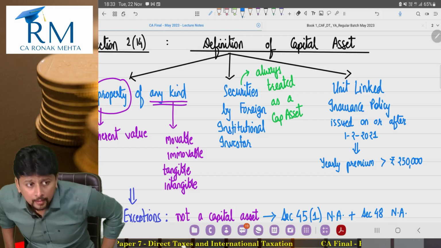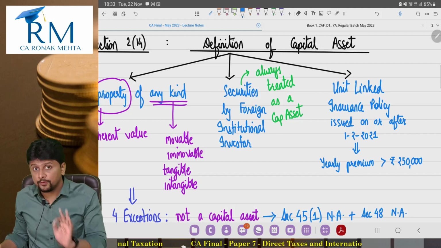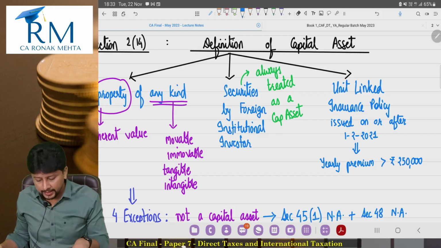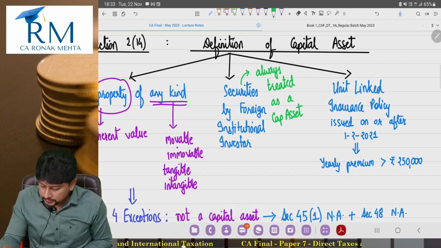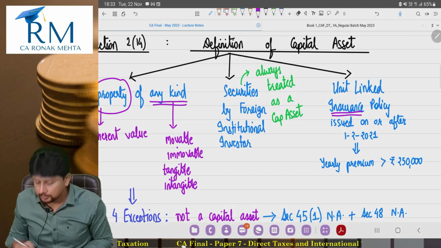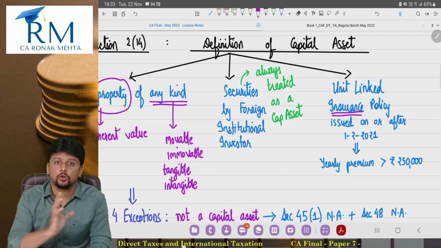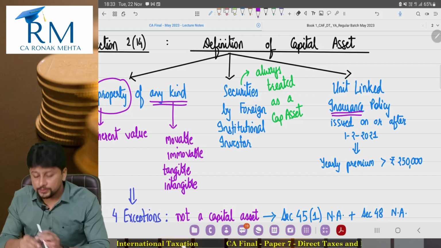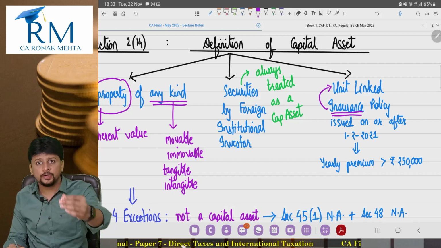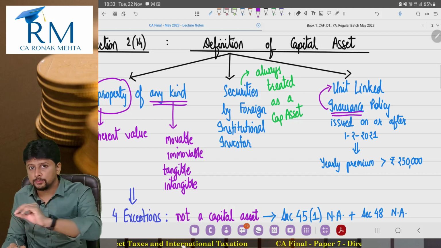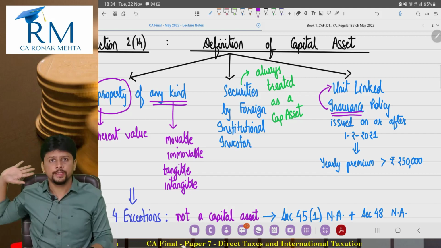Now see, we are going to devote about 1.5 hours specifically for the unit linked insurance policy discussion. So right now I'm just giving you a trailer. A unit linked insurance policy, so it's an insurance policy, na? It's a life insurance policy. The difference is that you don't have a sum assured. Here the insurance value is connected to the value of units. Like a mutual fund is issuing units to you, this insurance company will issue units for the premium that you pay. You paid the premium, they gave you units.